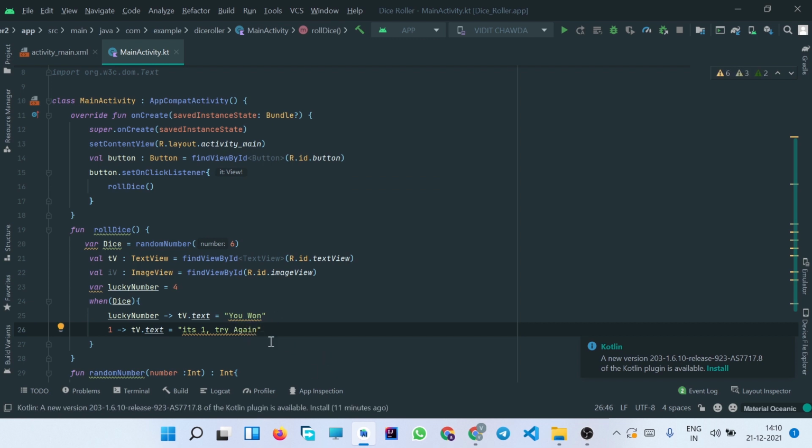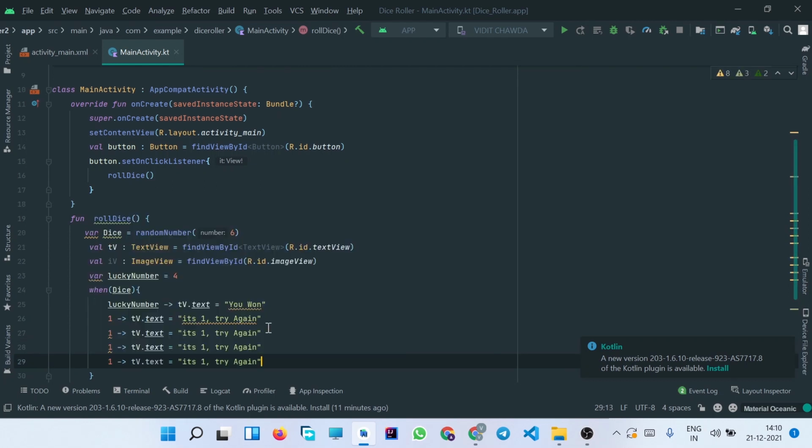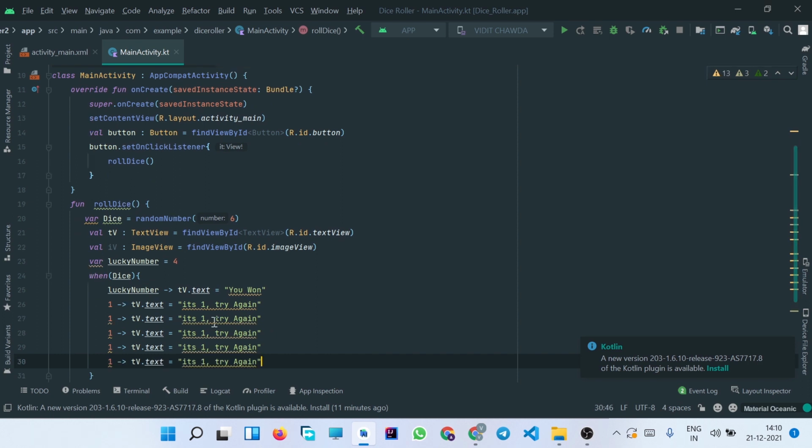Instead of writing it again and again, I'll copy it for all the other values of dice, 5 times. Since the lucky number is 4, we'll not write the code for 4. We'll just write the code for 1, 2, 3, 5 and 6. We also have to make changes here, 2 should be 2 here, 5 and 6.